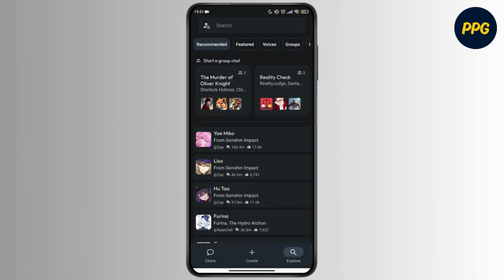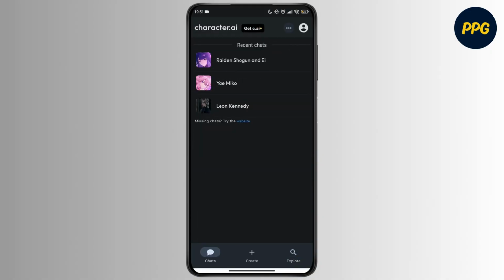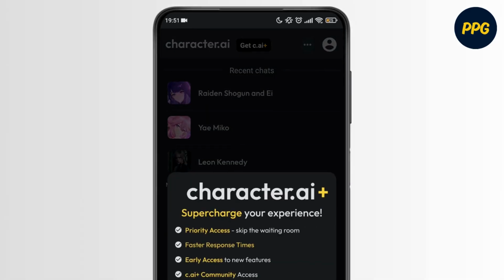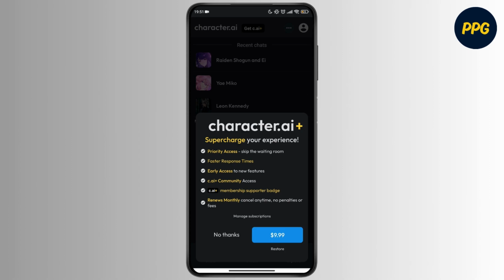So to skip the character AI waiting room, you have to go for the chat option. On the chat option, you can see your chat with your character generated AI. After that, on the top, there is a get C.ai plus. Go for that. Here you have to purchase your subscription to skip the waiting room, faster response time, all the